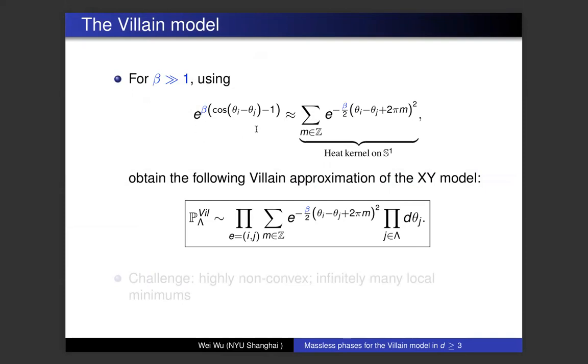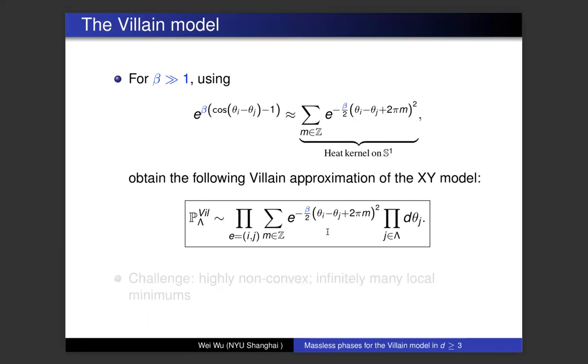The approximation is basically saying that if beta is large, and theta i minus theta j are small, then you can sort of approximate this factor by a heat kernel on the unit circle. It's a sort of periodized Gaussian where you sum over all the possible integer valued windings. Now, if you just replace this e to the beta cosine by this heat kernel factor, you obtain what was called the Villain model,